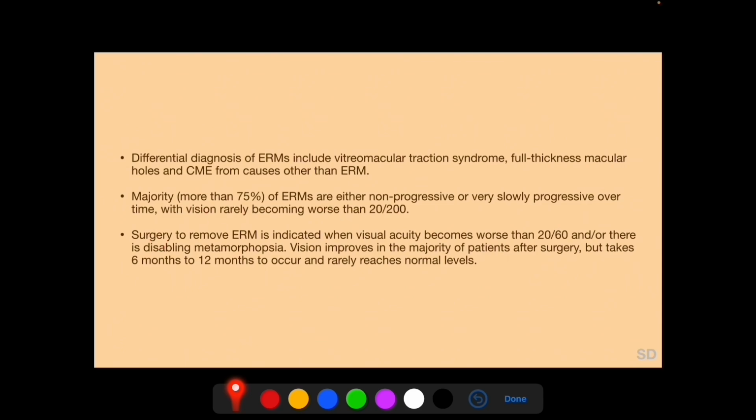Surgery to remove epiretinal membrane is indicated when visual acuity becomes worse than 20/60 and/or there is disabling metamorphopsia. Visual acuity improves in the majority of patients after surgery but takes 6 to 12 months to occur and